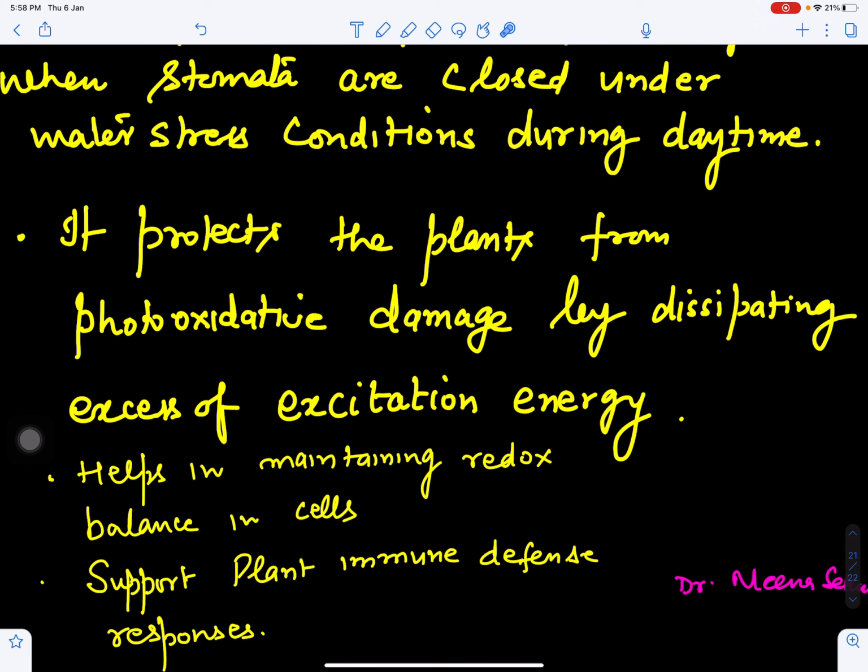So this will help in maintaining the redox balance, and this also supports plant immune defense responses when some pathogen attacks the plant, right? So a plant tries to fight that pathogen, and that is called the defense process. So photorespiration may help support immune defense responses. So this is all about